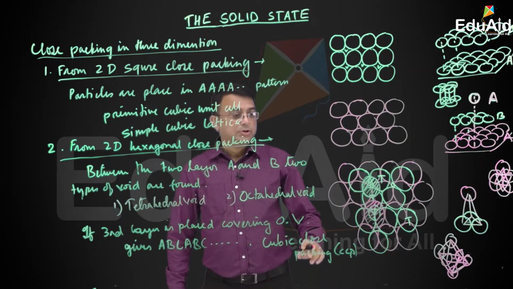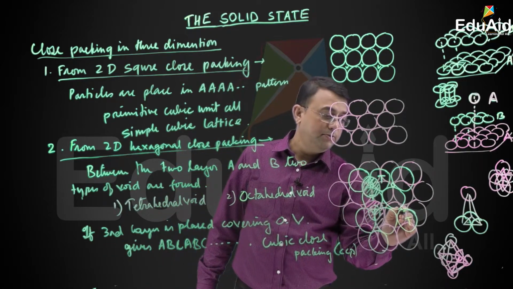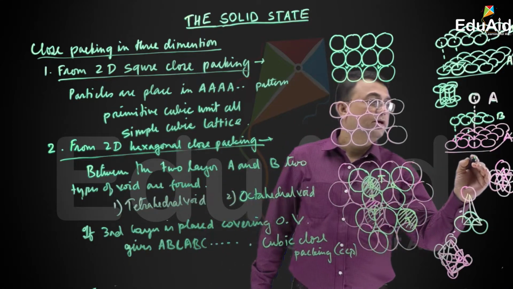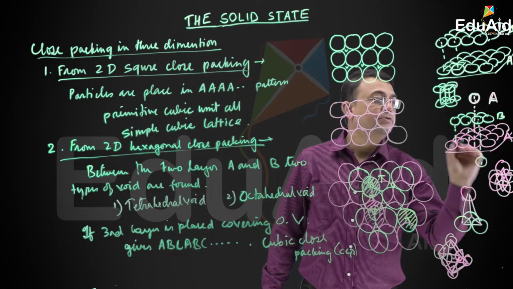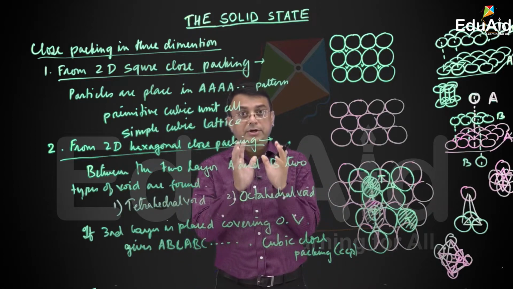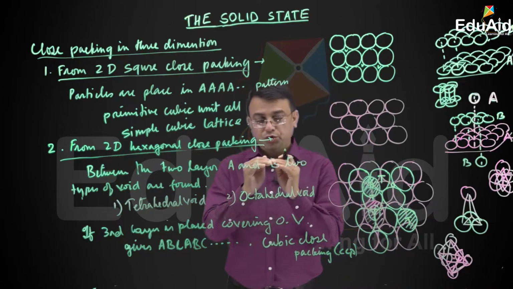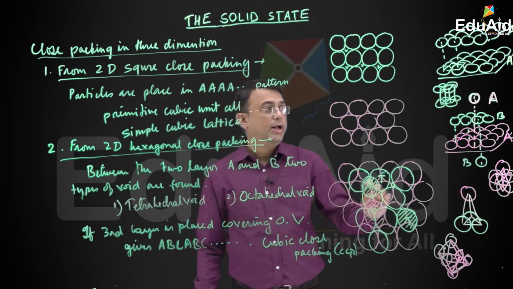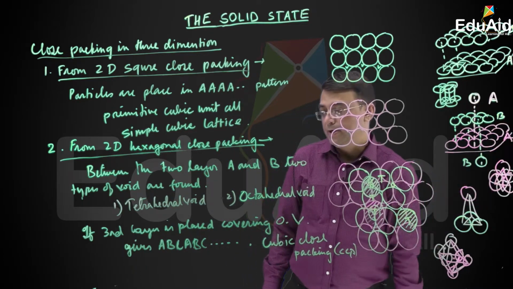Alright. Or if you put it in the other tetrahedral void, this is another tetrahedral void, this will align with layer B. Have you seen this? So this will be B. So what we have seen, if the third layer is placed in the tetrahedral void, then we will find the stacking is an AB type pattern, isn't it?